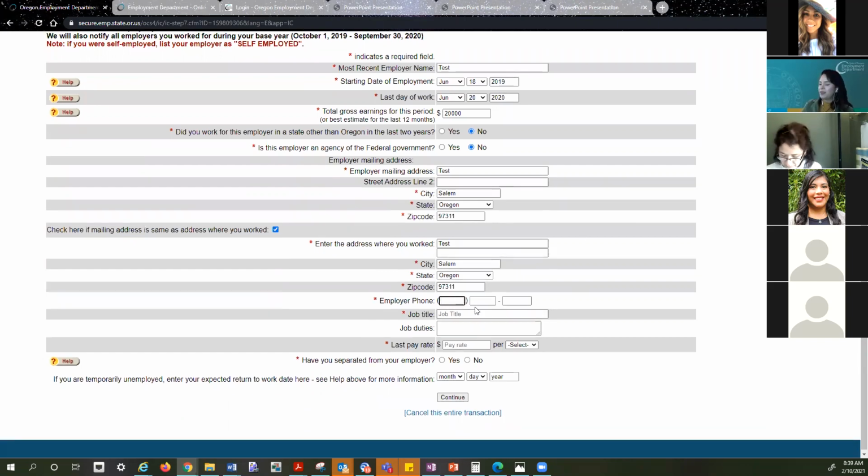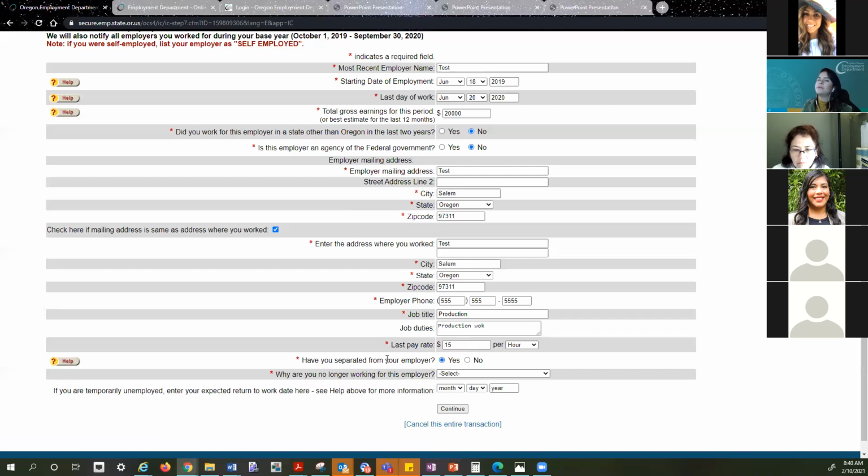Okay. And in here we enter the phone number of the employer. This is the employer's phone number and the job title of the employee's job, our claimant's job title for this specific employer. And what were their duties? And their pay rate. And so in here,